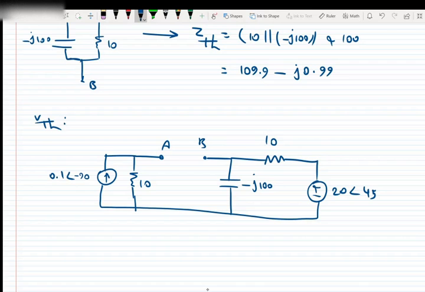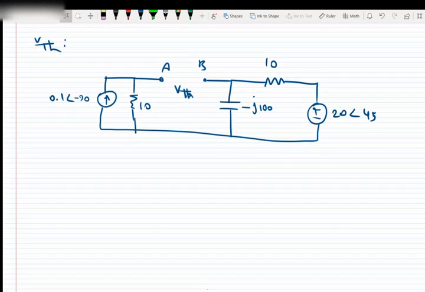Okay, and that's it. If we want to find the Thevenin voltage seen from these two points, let's